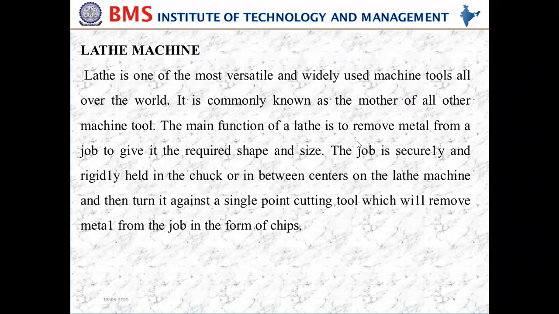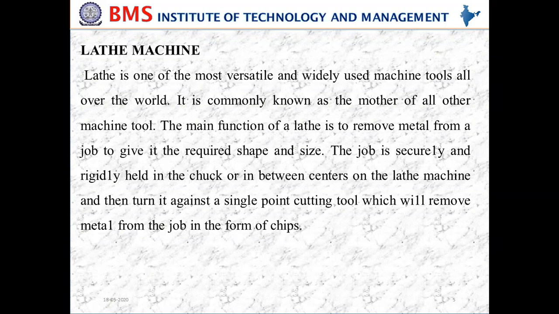Next, coming to the lathe machine, as per the syllabus, this is the oldest machine tool, and also it is the most basic tool used in the industry. Wherever you go to the industry, this is the lathe machine which will be available in all the industries. So a lathe is defined as a machine tool which is used to remove the excess material by forcing